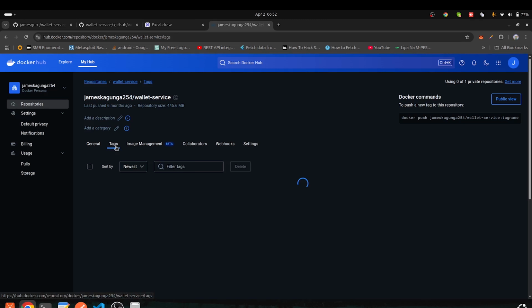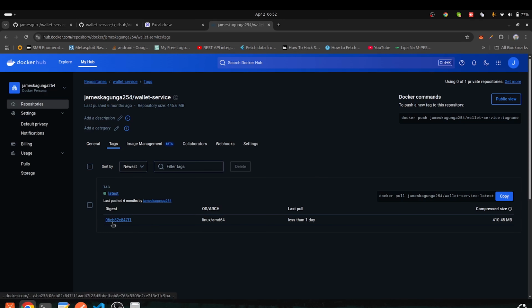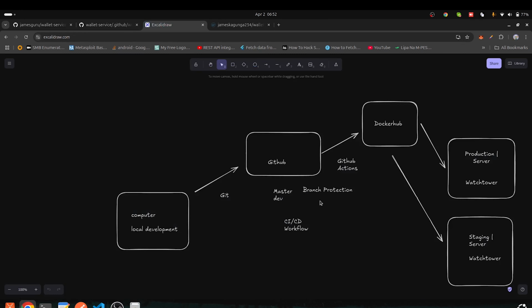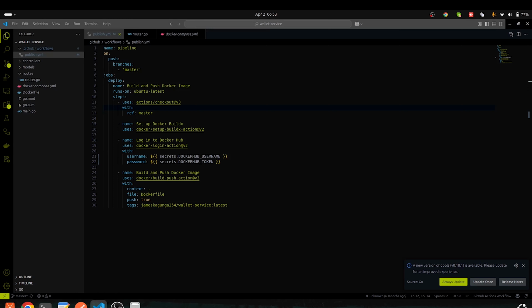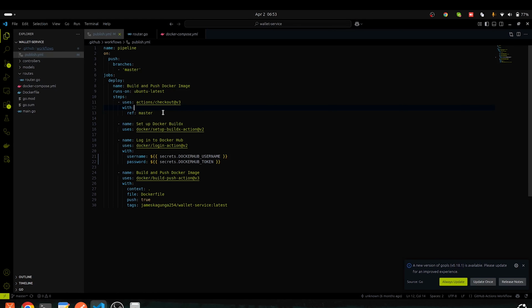In General, you can click here and see the tags if we have any other tags here. And this is what I was telling you. If you come here, from Docker Hub you can have a different version for staging and production. For example, you can specify that the tag for production is latest and for staging it will be dev, and you can do that by modifying your workflow, so that when you push to master it will automatically